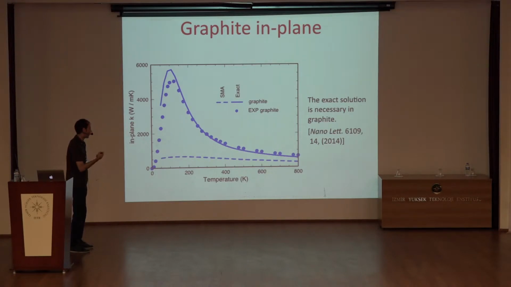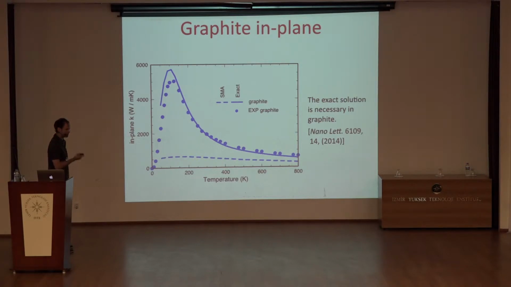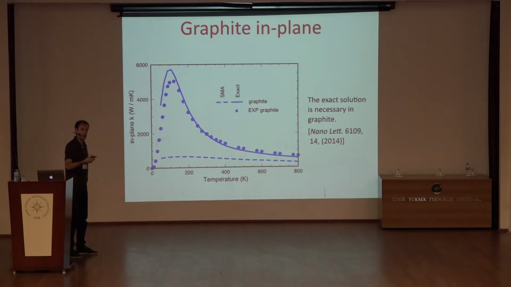I still haven't explained how to do that, but some of you are already familiar with several ways you can get these points. Basically, at room temperature, you are off by a factor of 4 if you use the relaxation time approximation and neglect